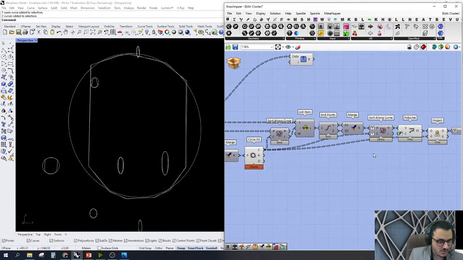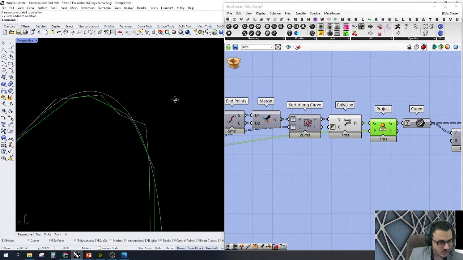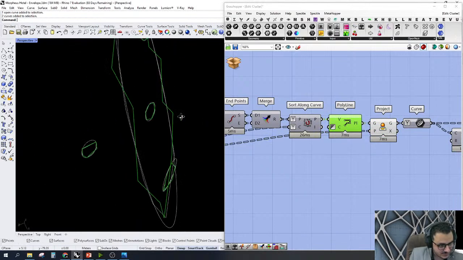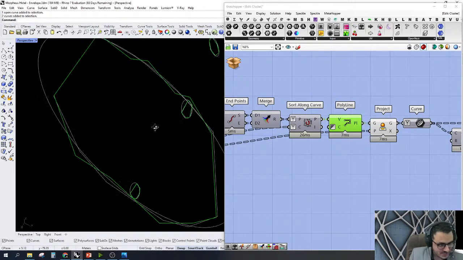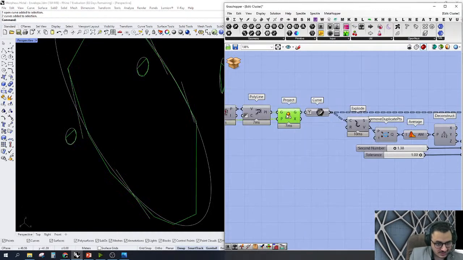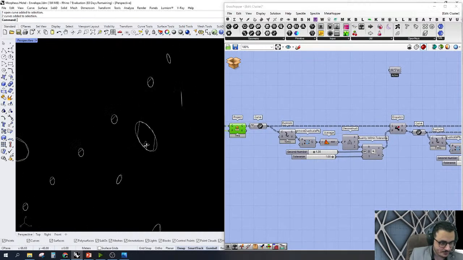I used the circle, as you can see here. I used it to project the polyline on it, because the polyline was not planar. As you can see, it's a little bit looking weird, so that's not what I wanted. I projected, and this is just to